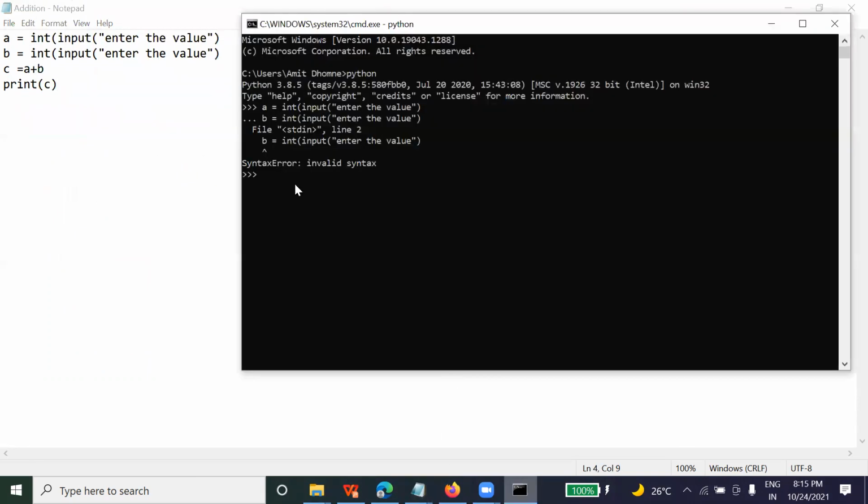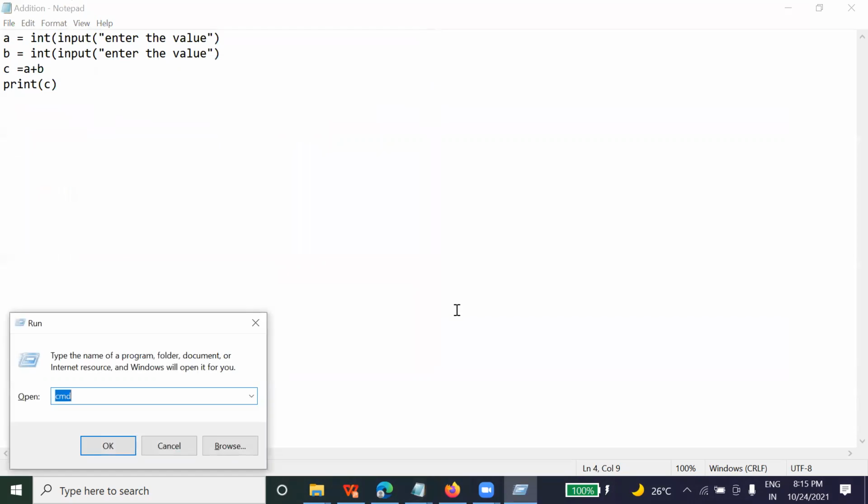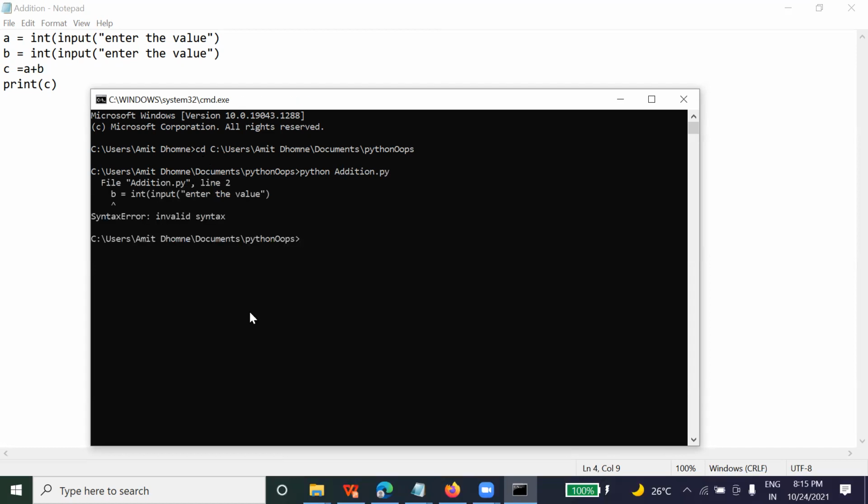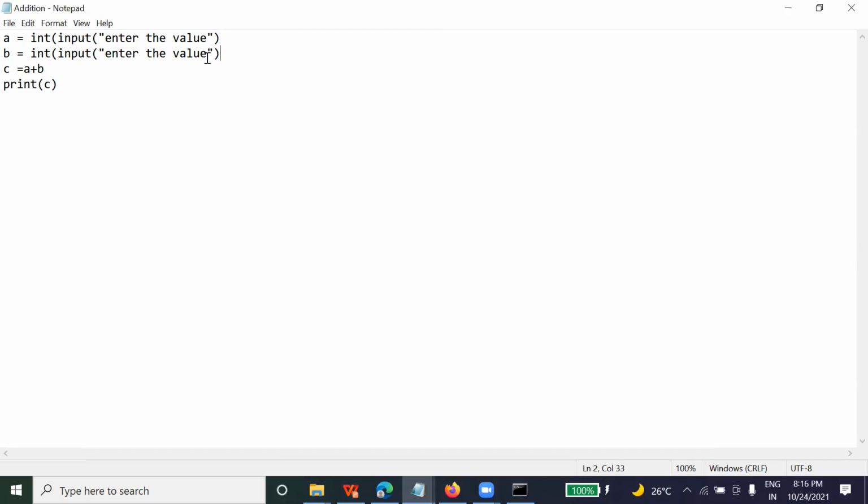Now I am going to close this and restart the command prompt. Now here I will go to the path. For changing the path, what command do we need to use? I've already explained. CD space, good, copy paste the path. Yeah, good. So let's press enter. Now how are we going to run the program? Python, and what is the name of my file? addition.py. Now it's getting some error here. Okay, let's see what the error is.